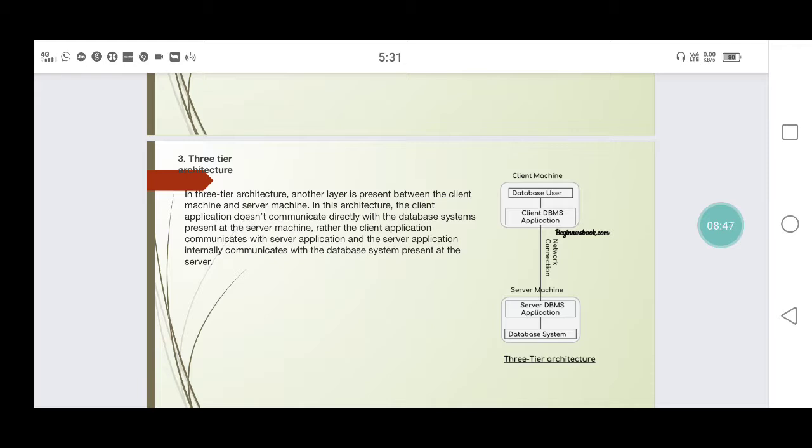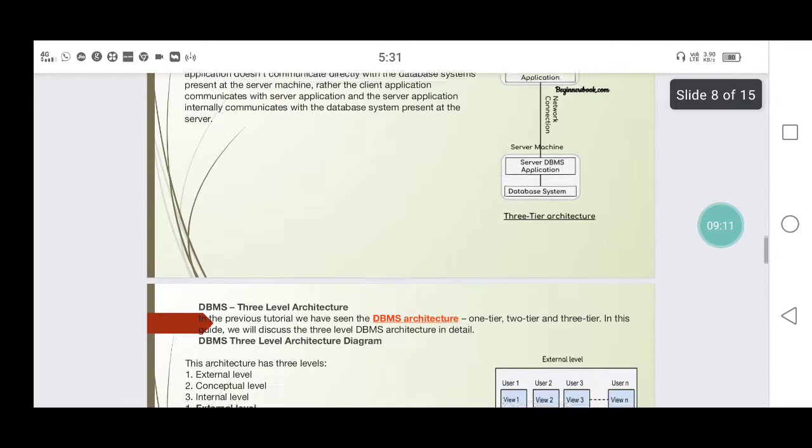The client application communicates with the server application, and the server application internally communicates with the DBMS software. This is the 3-tier architecture.